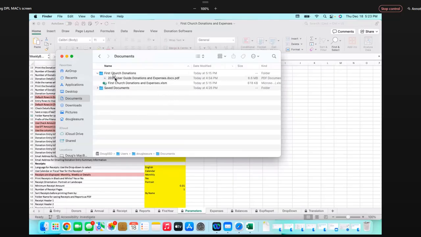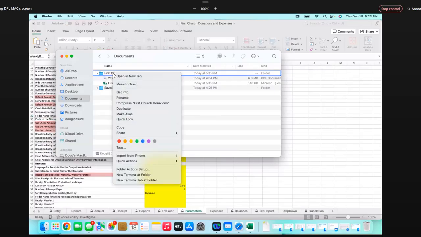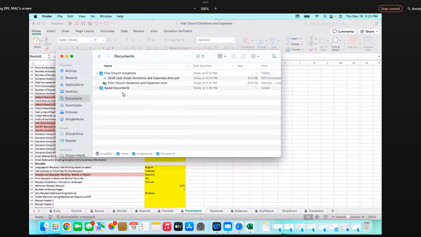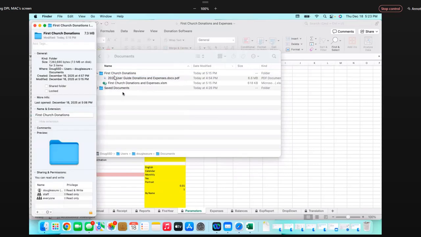Okay, and so what you'll need to do is identify the specific folder name, because it's not just this folder, it's where that folder is actually located. So you see it's here on the Doug SSD /users /Doug Laser /documents /First Church donations. So that's how you would need to enter